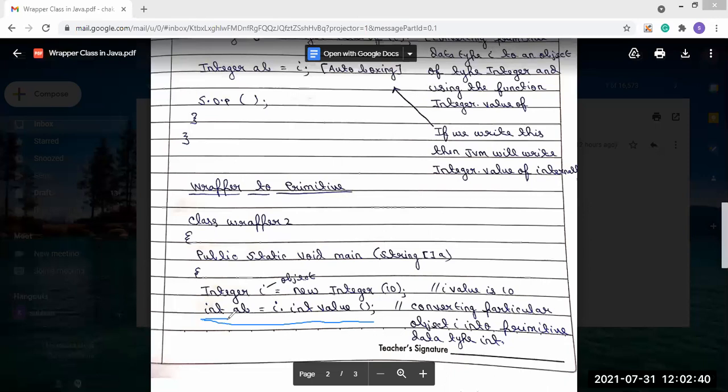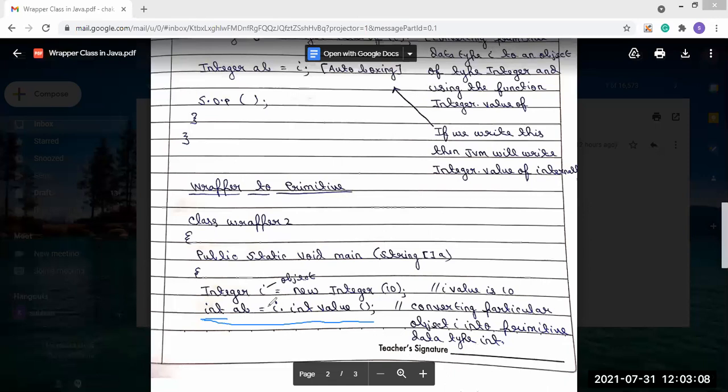That means here we are converting our object I into the primitive data type int. So this is what we do if we explicitly convert the object into the primitive data type.